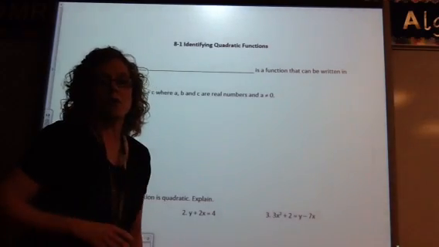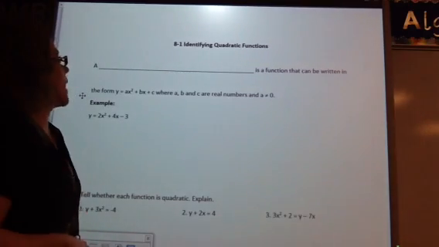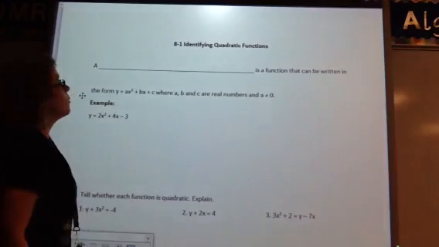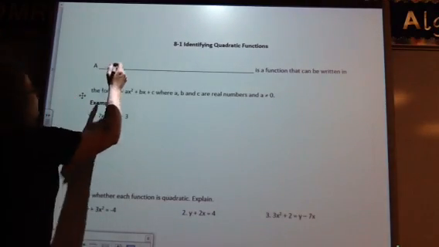Alright students, today we're going to start Unit 8 and it's on quadratics. And today we're going to do Section 1 and it's identifying quadratic functions. So a quadratic function